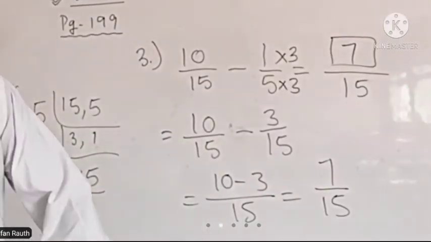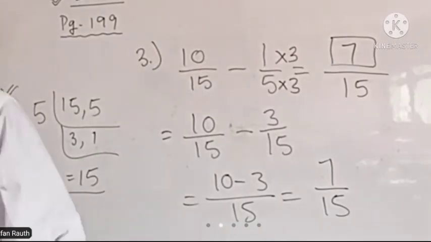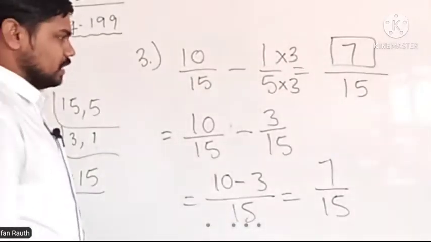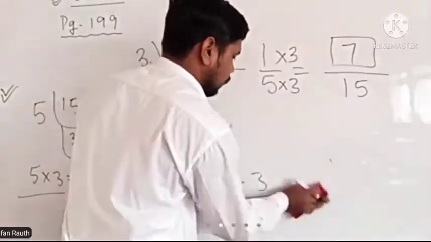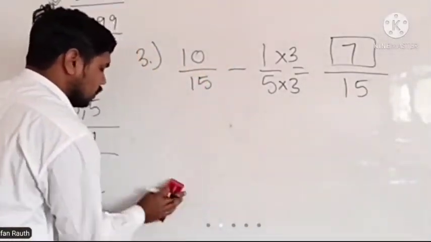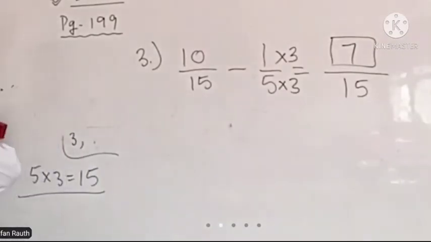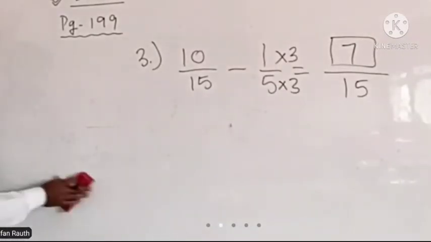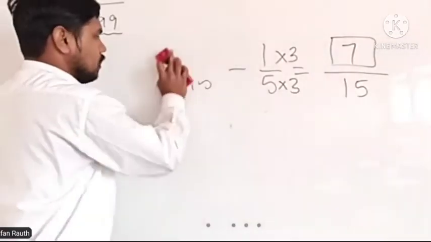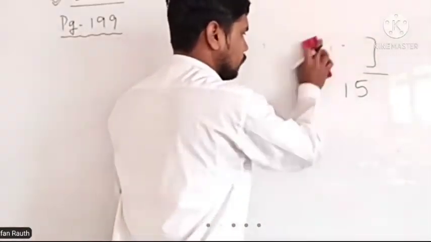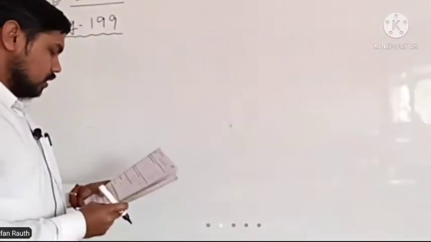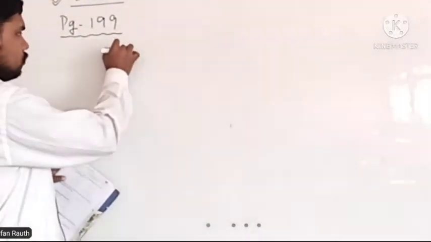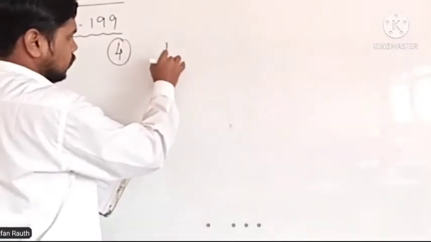Sometimes nothing is given in the denominator, so in that case we need to take 1 as the denominator. Like here, if we talk about the fourth, we have one number where the denominator is not given, so you need to consider it as 1. Nothing is there means you can take 1 as the denominator. Let us see the numbers which we have. So the fourth number which I am talking about, that is 1 minus